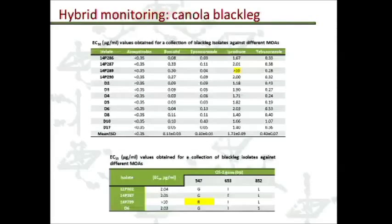All right. I also would like to call hybrid monitoring the issue with canola blackleg. We've been doing some analysis on samples coming from Angela van den Boer and Barbara Holland. Basically, we submit these samples through the same sort of process. We calculate baselines, and we now know what the response of each of these isolates is to different